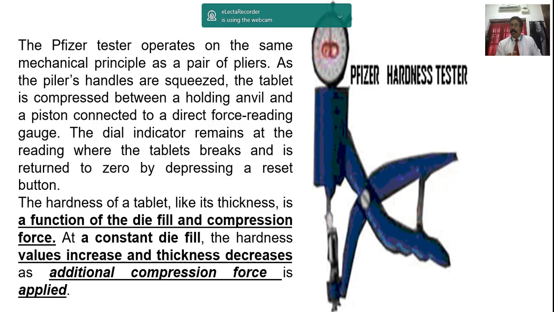Understand? I will explain very clearly in the next classes when the production comes. But anyhow, students can easily understand there will be two punches, one lower punch, one upper punch, and there will be a die. And the die will be filled with the powder or the granules which you prepared. They will add it to the die, and the lower punch will be there holding that powder, and the upper punch will come and compress.